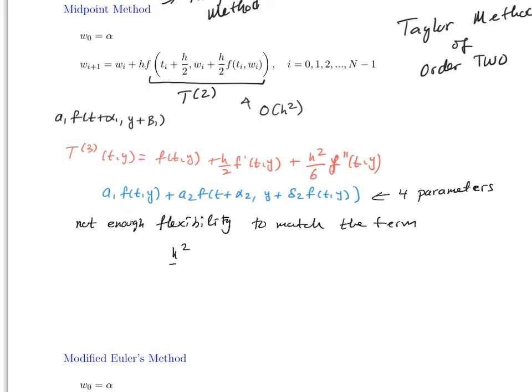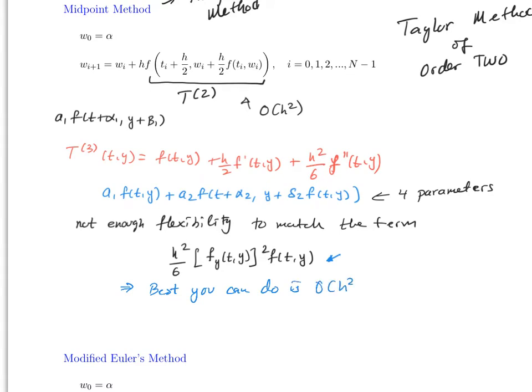It's going to be like this: h squared over 6, and then the partial with respect to y of f(t, y) squared. So when you do the Taylor expansion in two variables, you will see that you won't be able to match this term. You should try that by yourselves and convince yourselves that you won't be able to do that. Hence, the best you can do with something that looks like this, and these four parameters, is something of order 2. So therefore this implies the best you can do